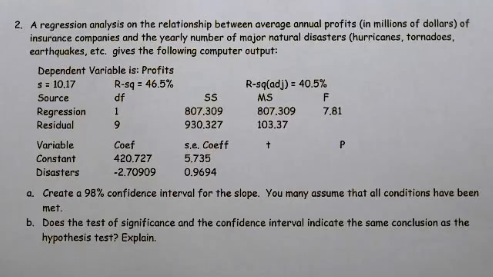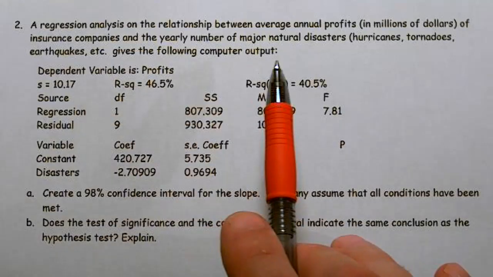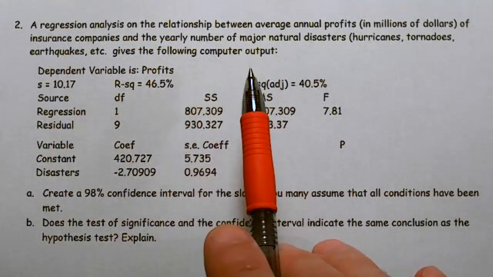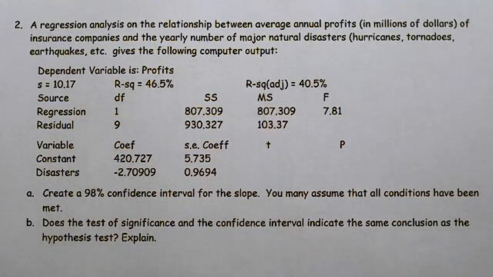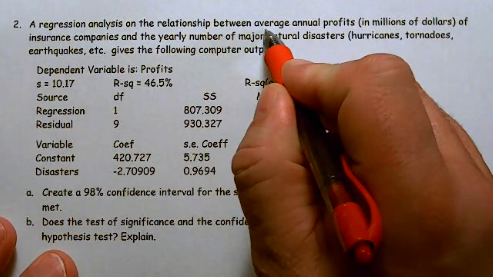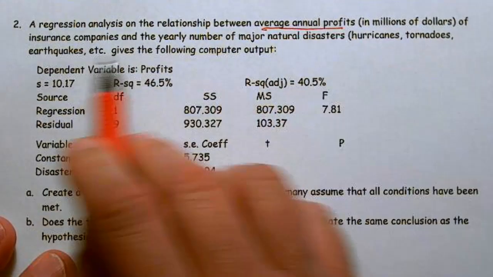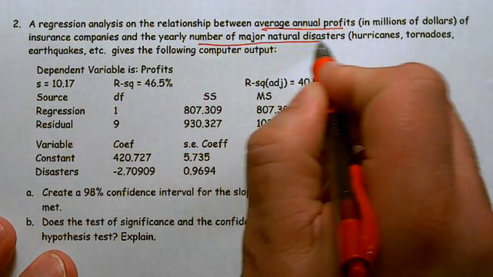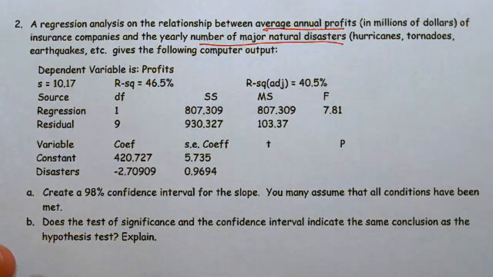Okay, number two, this is the quiz. This is the confidence interval question. And regression analysis on the relationship between average annual profits in millions of dollars and insurance companies and the yearly number of major natural disasters, hurricanes, tornadoes, and earthquakes gives the following computer output. So we know we're looking at annual profits and number of major disasters. So those are our X and Y, but we don't really know which one is which when I read this